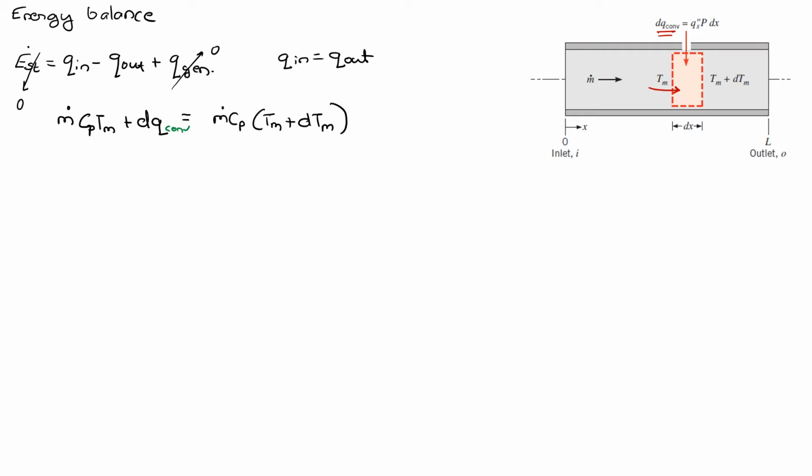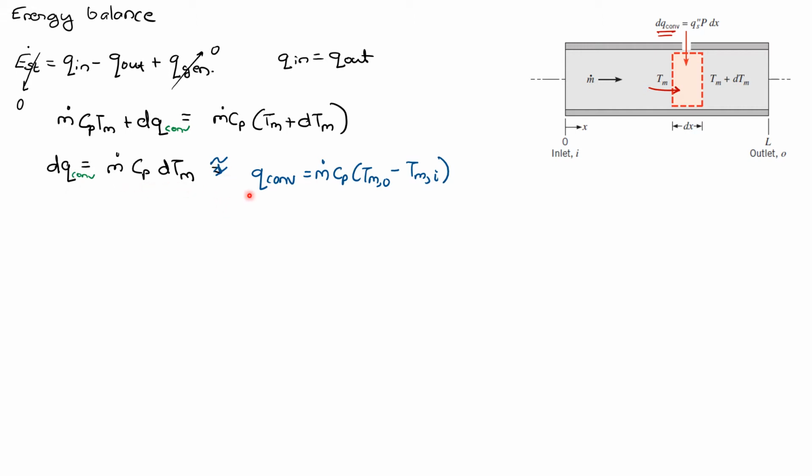So m dot cp into Tm is what's coming in from the flow plus dq convection equals to m dot cp into the temperature going out, which is Tm plus dTm, and we see these two terms will cancel out,